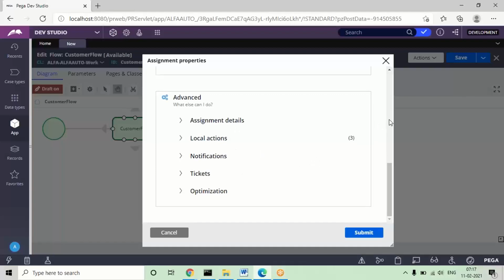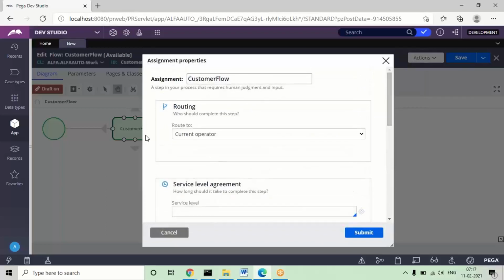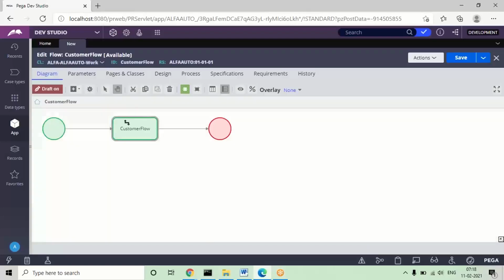Okay, so in the application, if you are mapping the UI design, these are all additional things. Only if the requirement is there, we need to configure them. If the requirement is not there for assignment, the mandatory thing is that you have to provide the user interface name, that is your flagship name. But where you need to provide that? See, in the connectors every connector will look the same, but actually the connector settings are different for every shape.